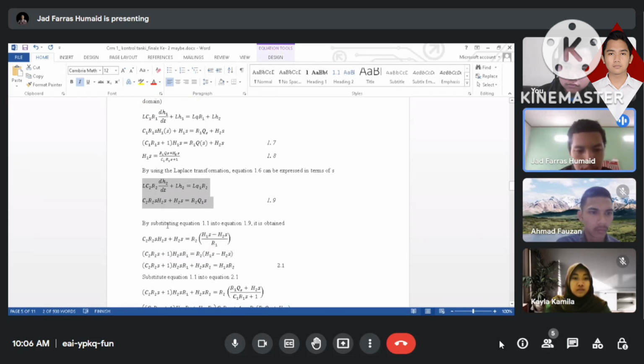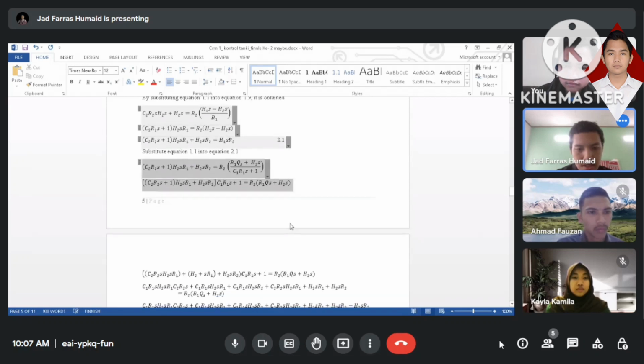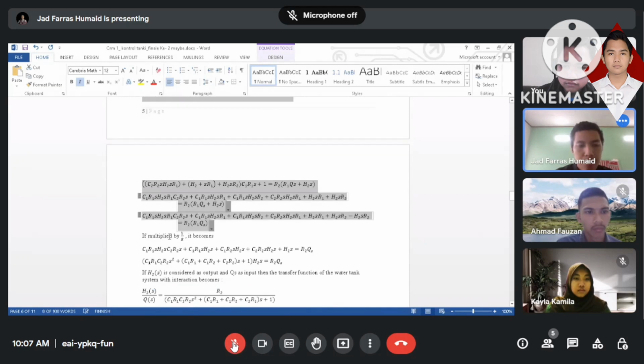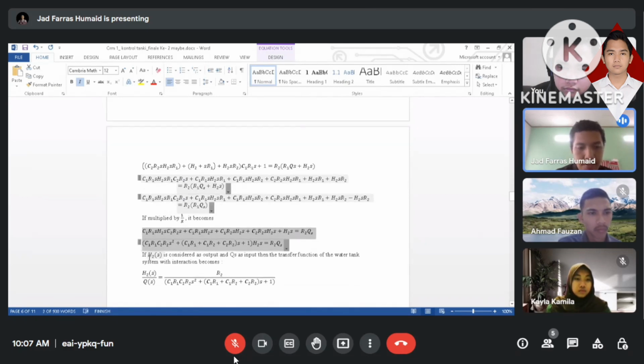And by substituting equation 1.1 into equation 1.9, we obtain this. Then substitute equation 1.1 into equation 2.1, such as this. If multiplied by 1 divided by R, it becomes this equation. And if H2(s)